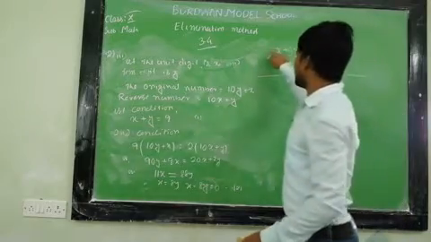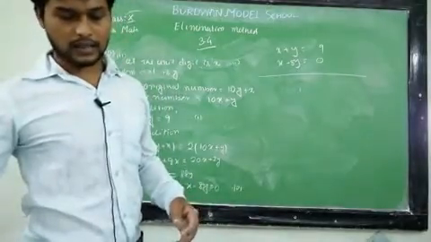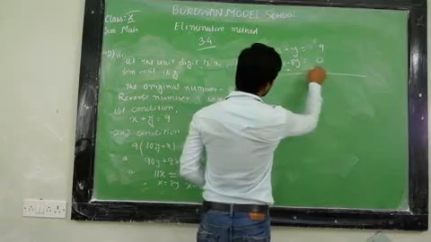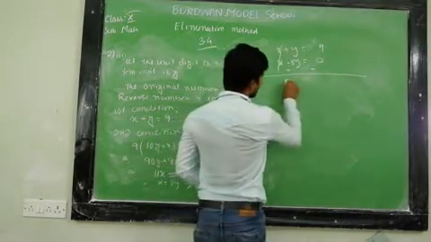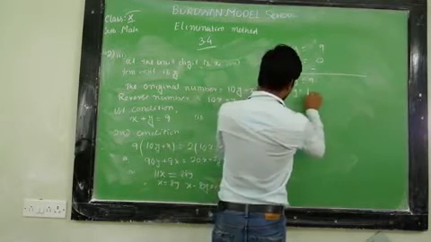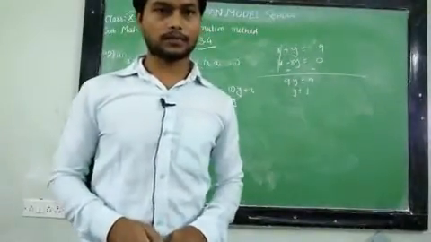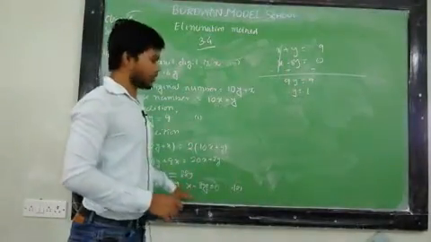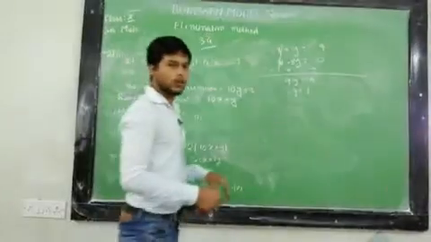Now look, here the coefficient of x in the given two equations is the same. So if we subtract them, plus x and minus x will cancel each other. So 9y is equal to 9, that means y equals 1. So the tens digit is equal to 1. Now put y equal to 1 in either equation 1 or equation 2. We'll put the value of y in equation number 1.